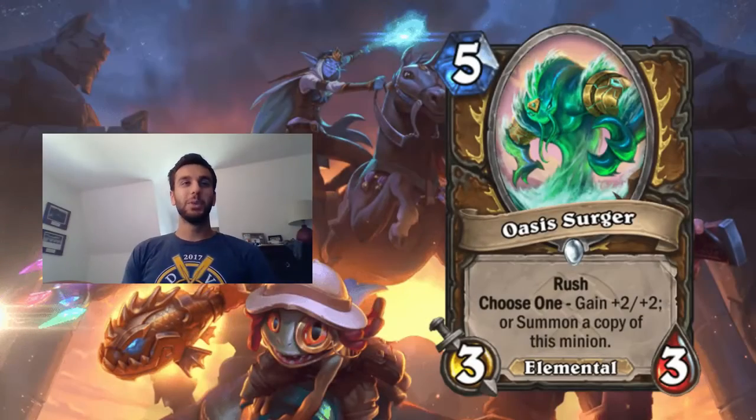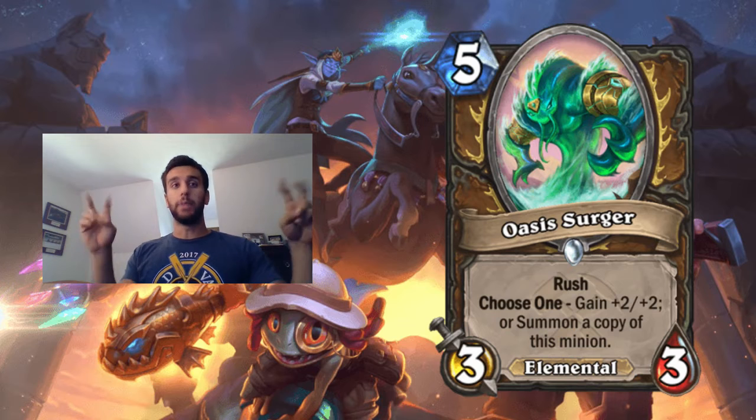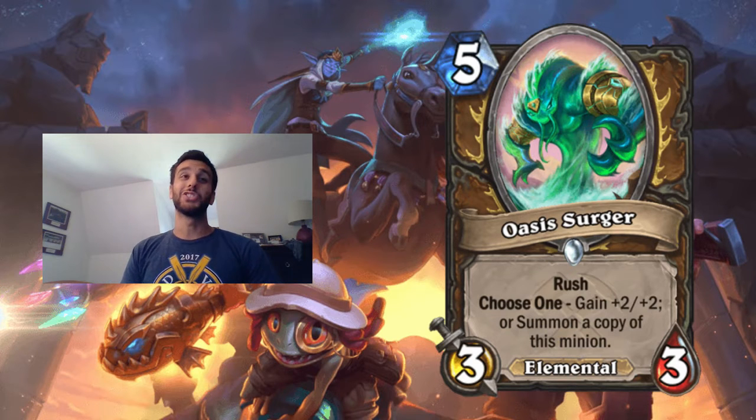So coming in at number 2 is the card that I think is currently doing the best job of the best Saviors of Uldum card to carry Quest Druid into playable range, and that's going to be Oasis Surger. Oasis Surger is a sweet card. I think it's a really cool card, and when you have the quest active, it feels so good